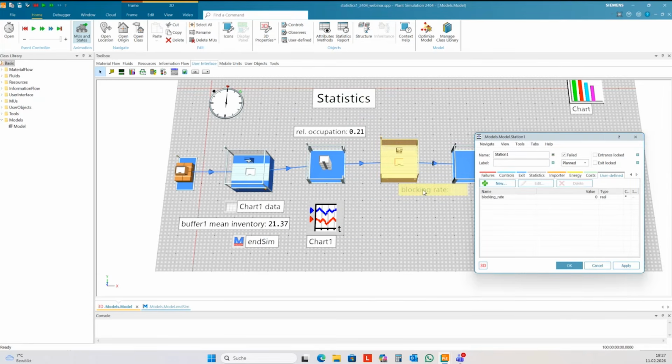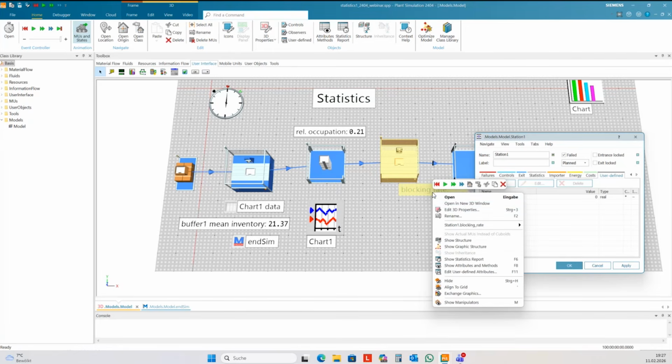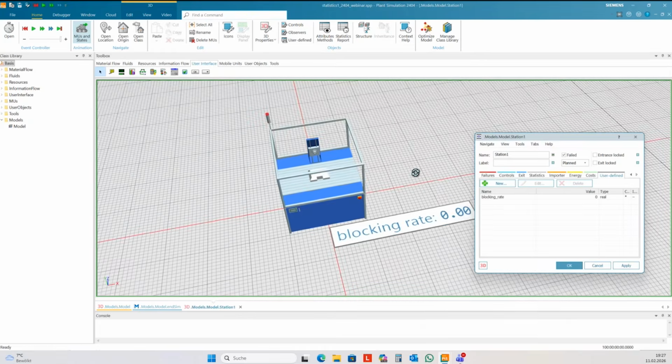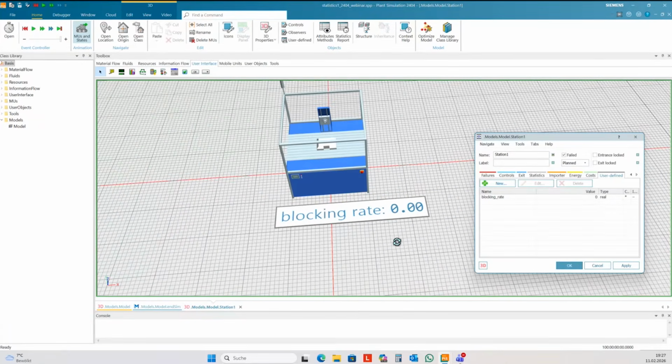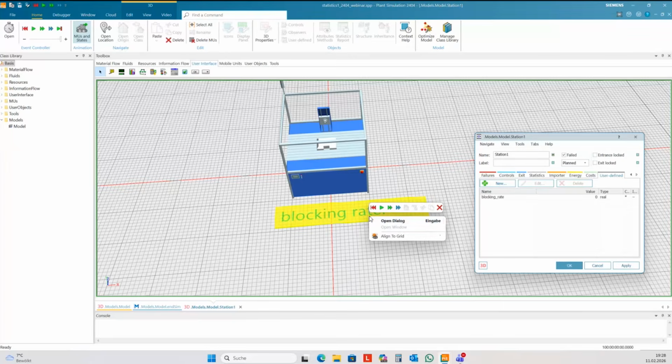And then normally you need to change the position of this element. I open this in a new 3D window. Okay, then you can mark this variable, and then you can change the position, for instance, using the direction keys on your keyboard.